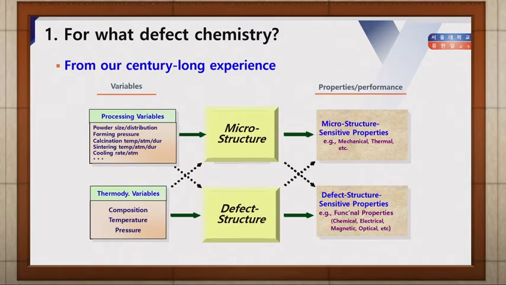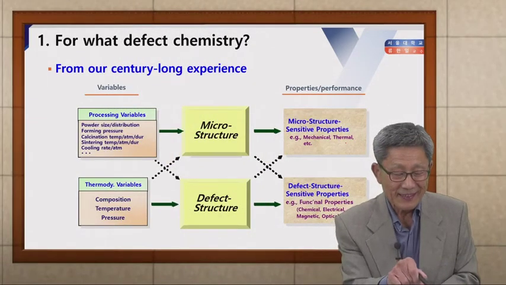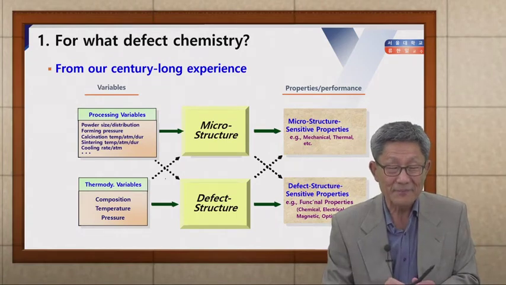And then, consequently, the properties or performances can be classified into 2 groups. Number 1, microstructure sensitive properties or performances. Examples may include mechanical properties, thermal properties, etc. And another one is defect structure sensitive properties, which include most of the functional properties, including, say, chemical property, electrical property, magnetic, optical, etc. So here, this dotted line means